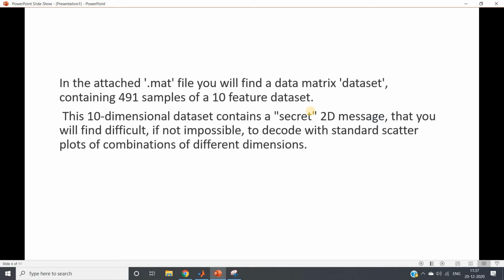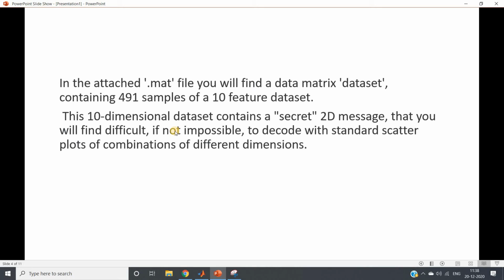You take a scatter plot of first input feature with second, first with third, first with fourth, first with fifth, first with sixth. Then again like this, with respect to first all possible combinations you try, then with respect to the second feature you try all possible combinations.